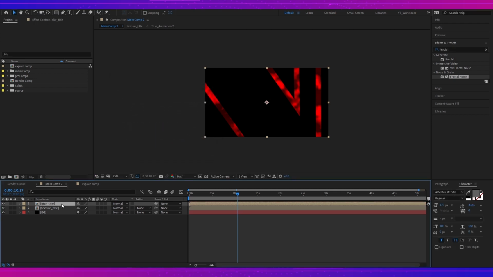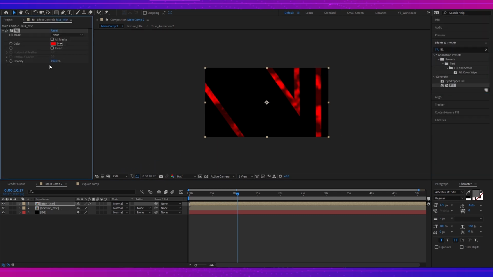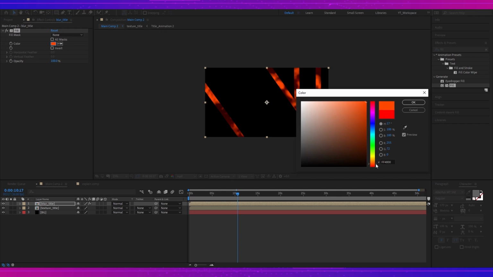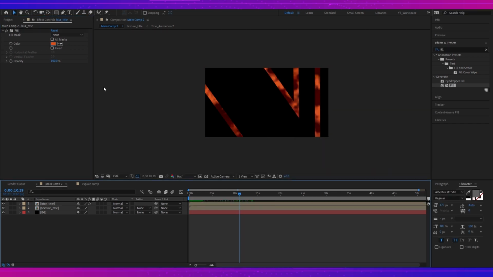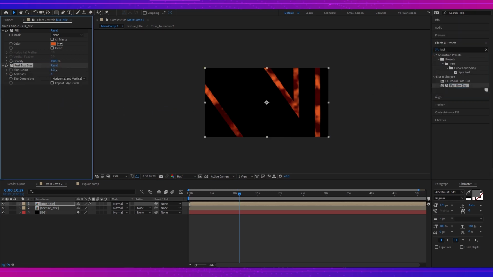And now I will add a fill effect on it. I'm gonna select the color around here. It's okay. Now let's add a fast box blur. Blur radius should be somewhere like 30. This is good. And the iterations should be like